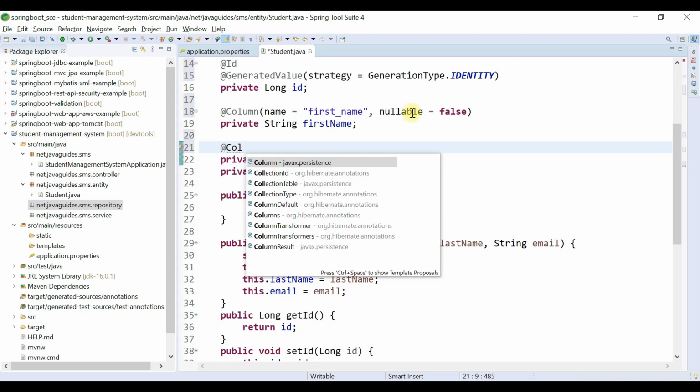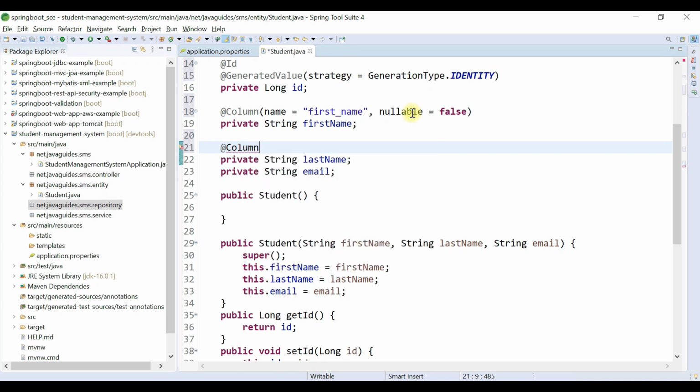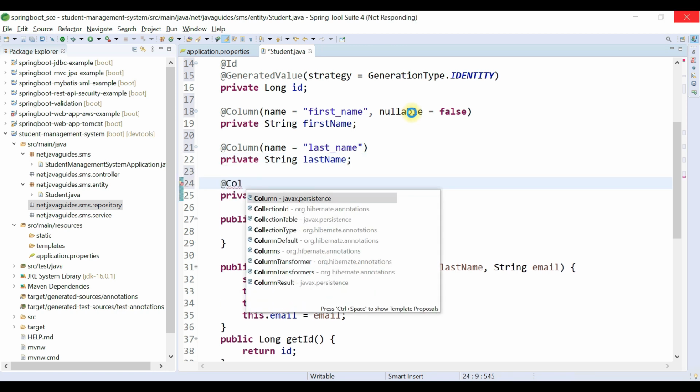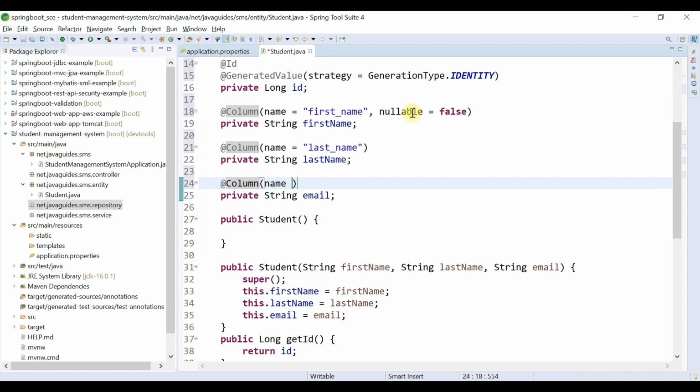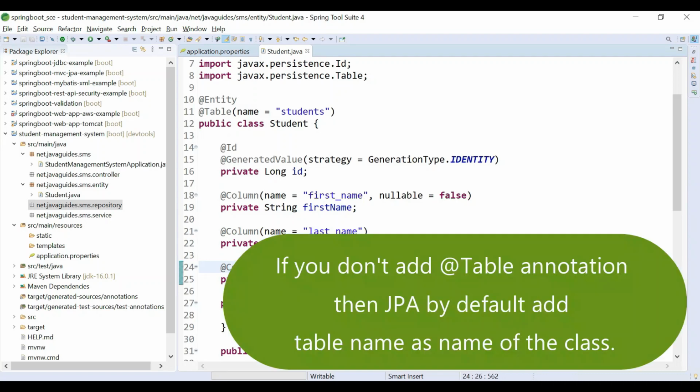Similarly, let's add a @Column annotation for lastName as well. name = last_name. Similarly, let's add it for email. name = email. Okay, great.